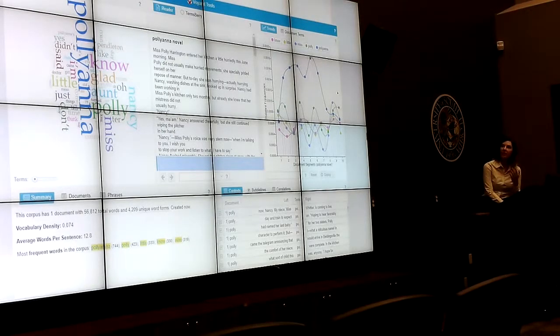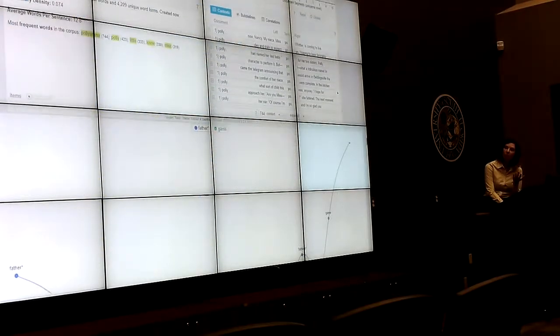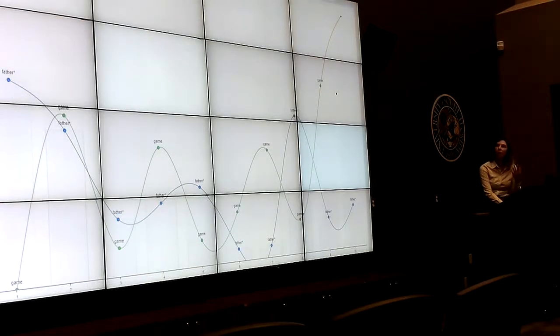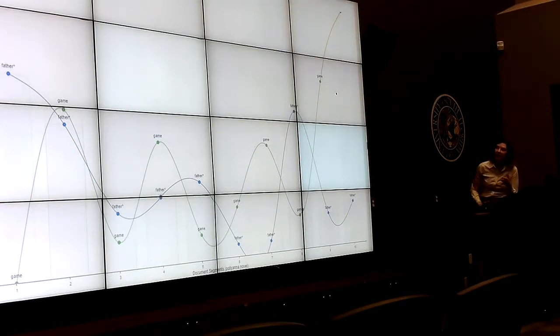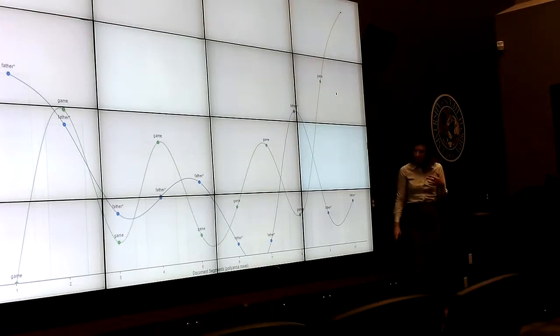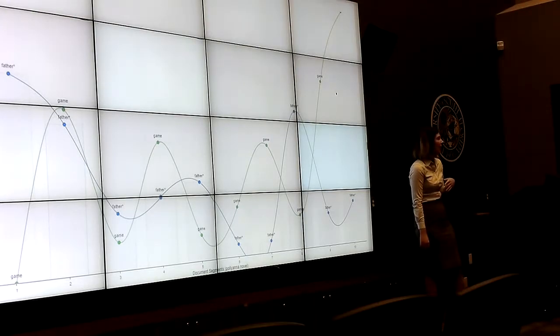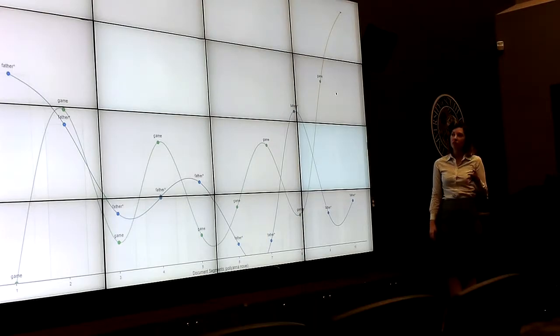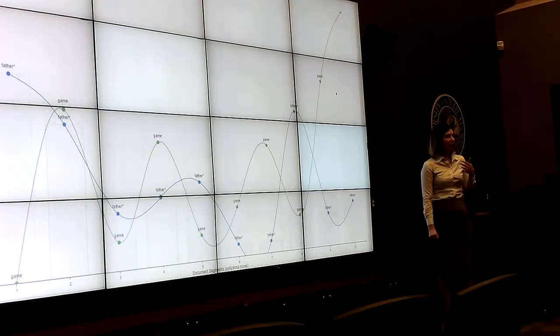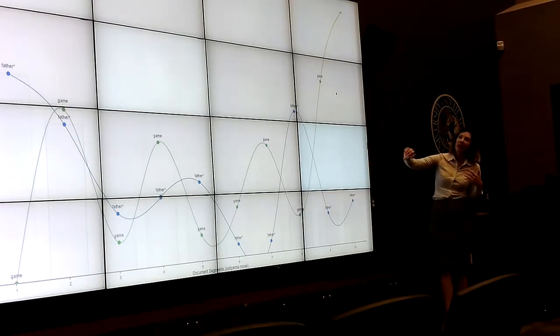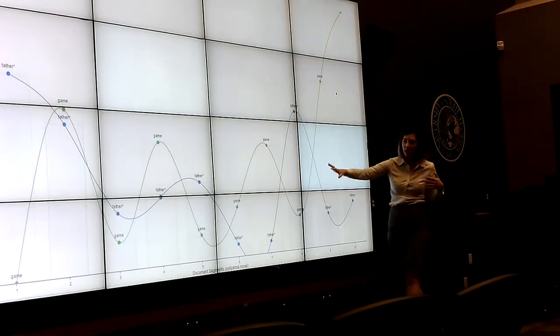So I typed in father with an asterisk behind it, which means that anytime father shows up as father's, plural or possessive, and then I typed in game, because Pollyanna rarely calls it the glad game. That's what we as a society call it. She usually just refers to it as the game. Never games, so it doesn't work to put an asterisk behind it. This is how it shows up with the raw frequencies. So you'll see sort of at the beginning,